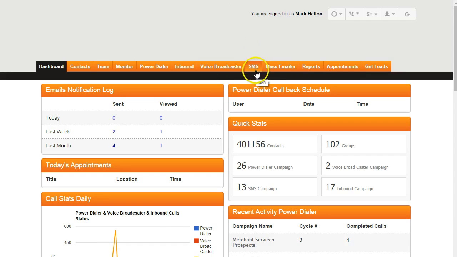SMS campaigns are for text message marketing capabilities. You have the option to create two different types of campaigns. We have standard campaigns where a subscriber can subscribe just by texting in a keyword, and then we have more advanced campaigns where you can actually build lead forms that can be activated by sending in a text message. So for example, if you wanted to receive